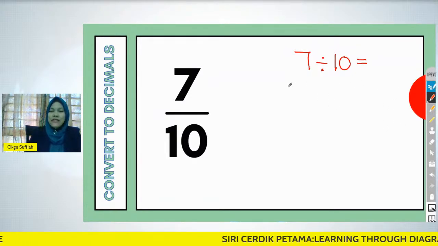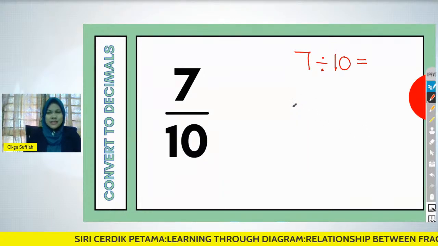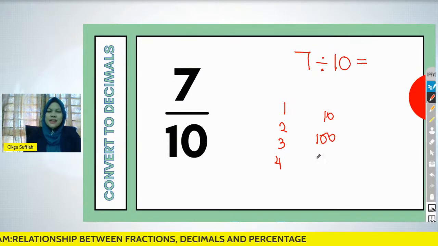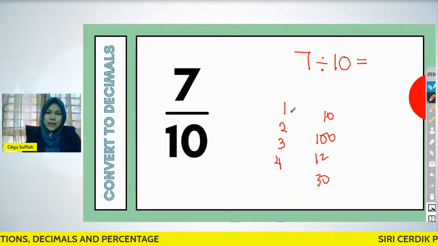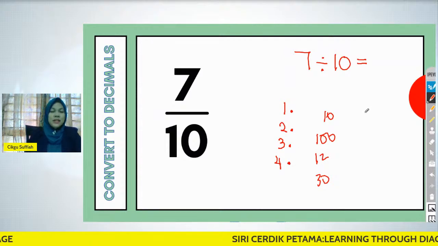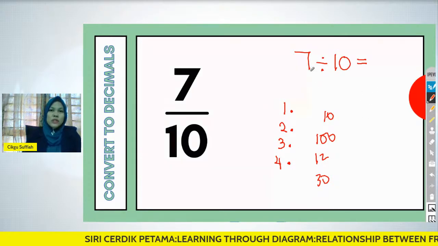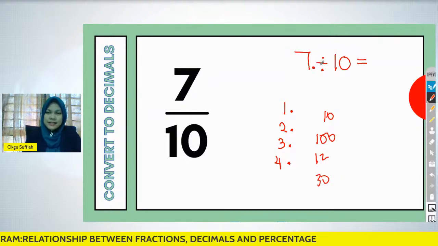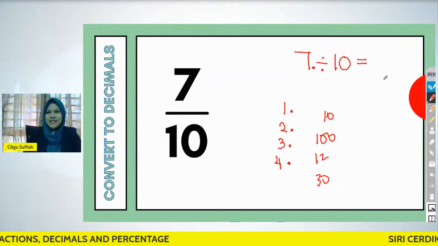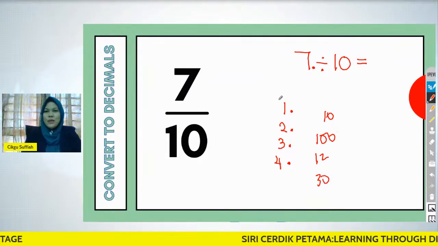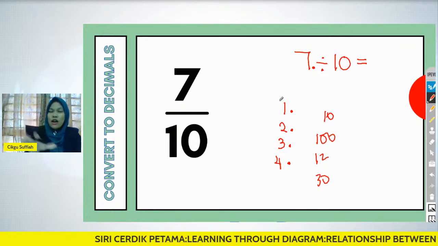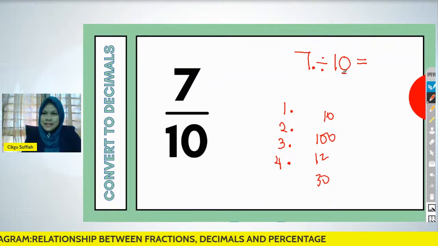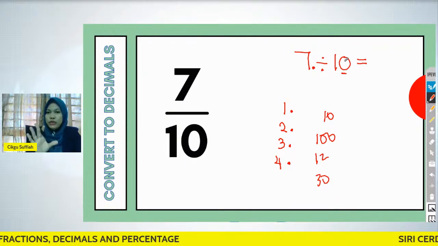Yes, you can. Every whole number, meaning every whole number, what is a whole number? Meaning 1, 2, 3, 4, 10, 100, or else 12, 30, all the whole numbers. Actually, we have a decimal point behind here. But we didn't write it down. So same as 7, 7 also has a decimal point. So I will put a decimal point here, behind it. You learned that, right? Yeah. So we're going to revise that back, okay? Because we don't want to use the standard written method, so let's revise back on how to move the decimal point. So now, because we divide by 10, and this 0 is our reference, we need to move 1